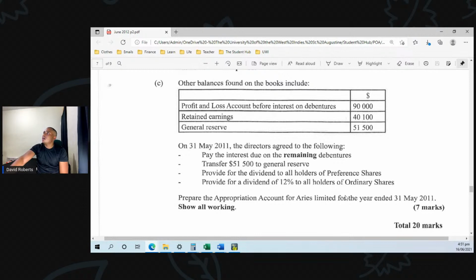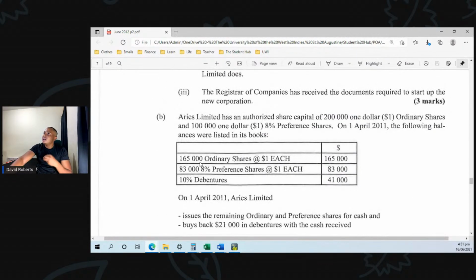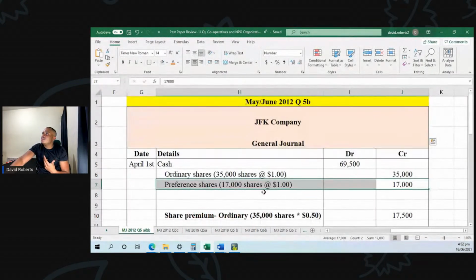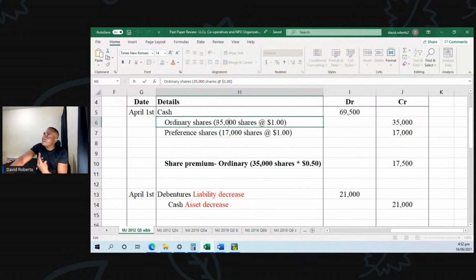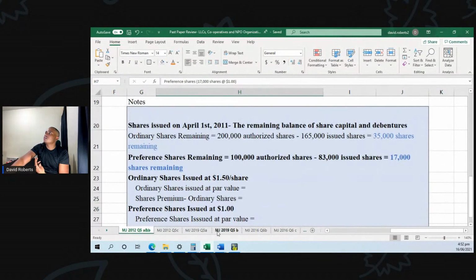Right? So again, we're looking at the ordinary shares. We know that we will have issued 165,000 shares as at April 1st, 2011. And then on April 1st, we would have issued 35,000. And so therefore, it would be,